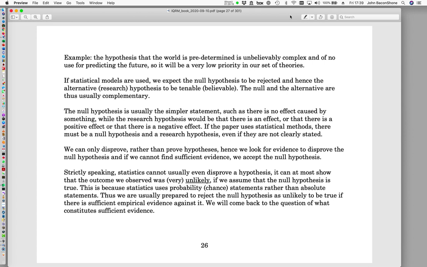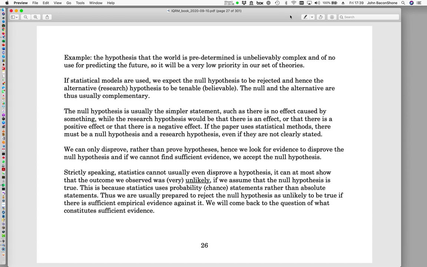So generally we're looking to see if there is evidence to disprove the null hypothesis, and if we can't find sufficient evidence, we will just accept the null hypothesis and not move on. It's only if we are able to show enough evidence then we will reject the null hypothesis. Now we have to be careful here because strictly speaking,